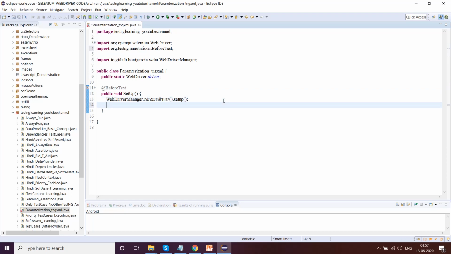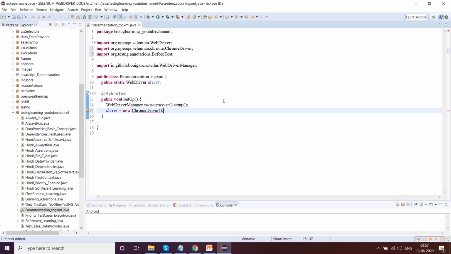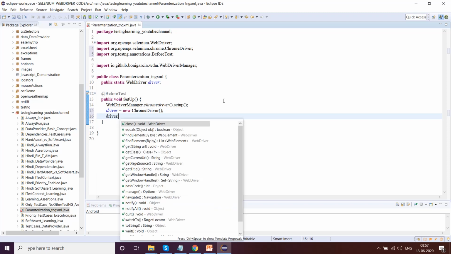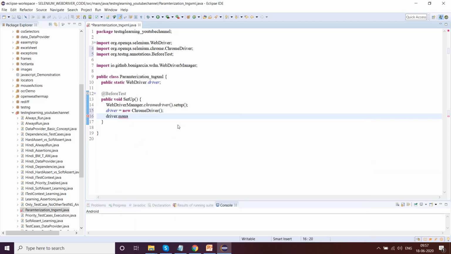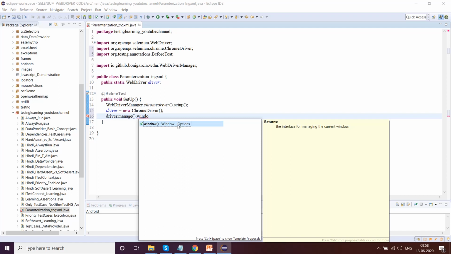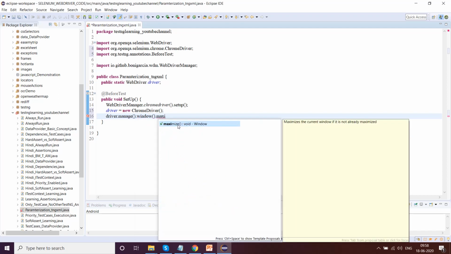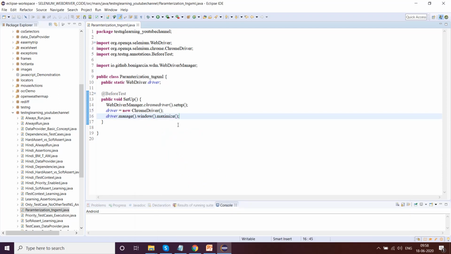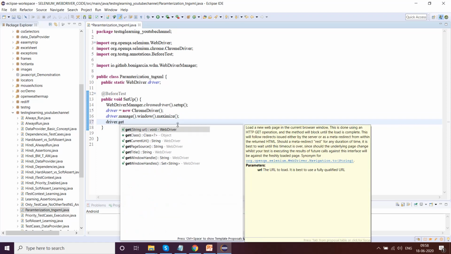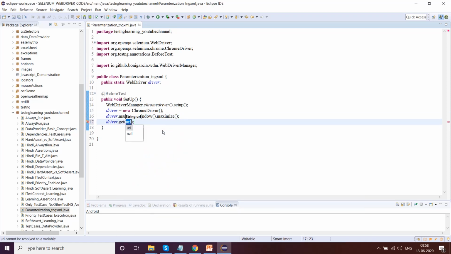Okay, driver equals new ChromeDriver, dot manage, dot window, dot maximize. Okay, driver dot get the URL, which is https rediff.com. So this is the most basic step which I have written.